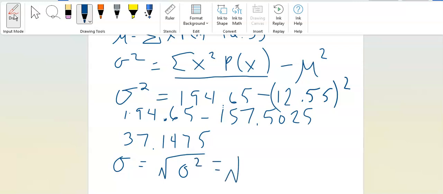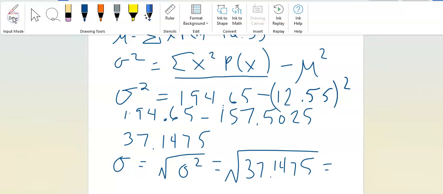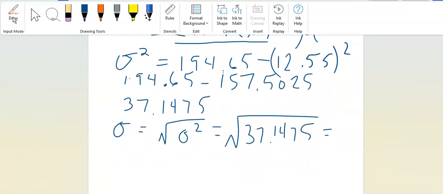So for our sake, it is the square root of this number here. So I'll just put that into the calculator. 37.1475. And my standard deviation, move this up a little bit, is